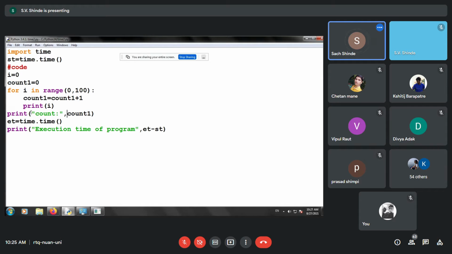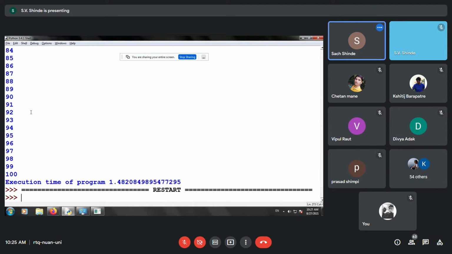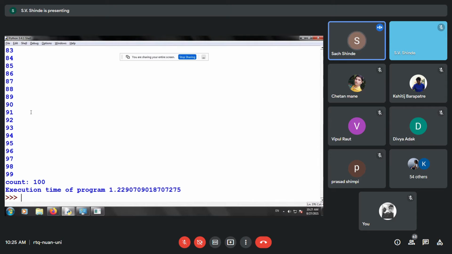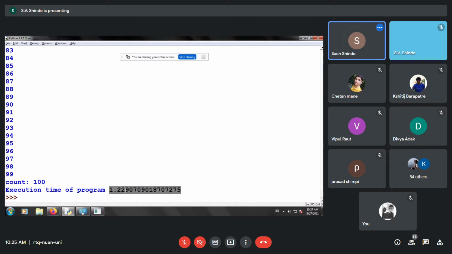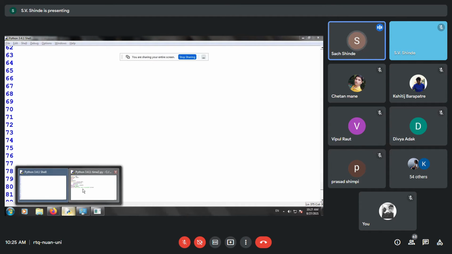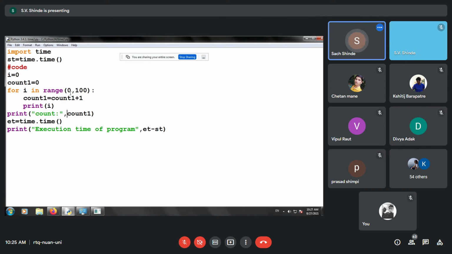Now it is okay. You can see that as we insert count1 over there, we have some time, 1.22 milliseconds. Why did this difference happen? Due to the counter, there is some additional counting over there.